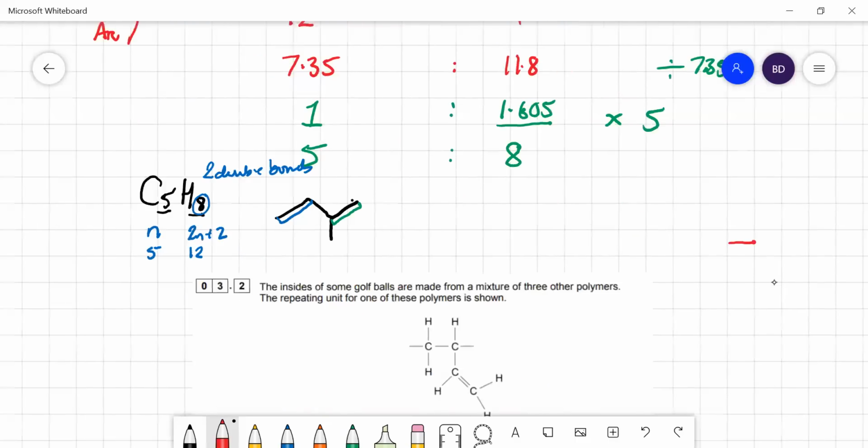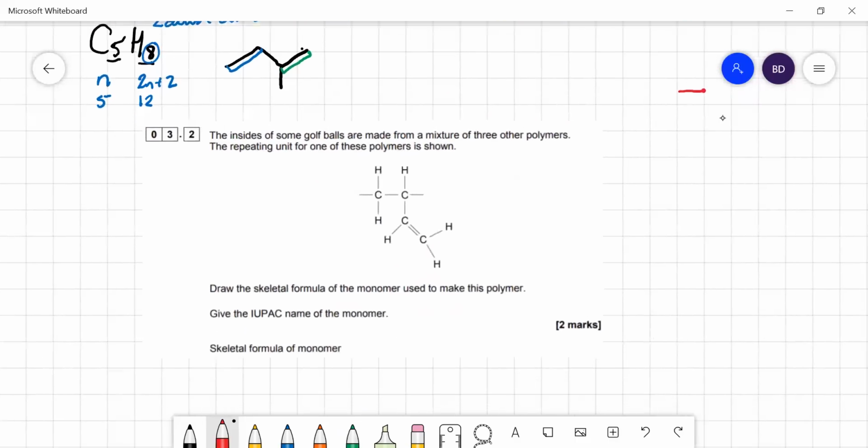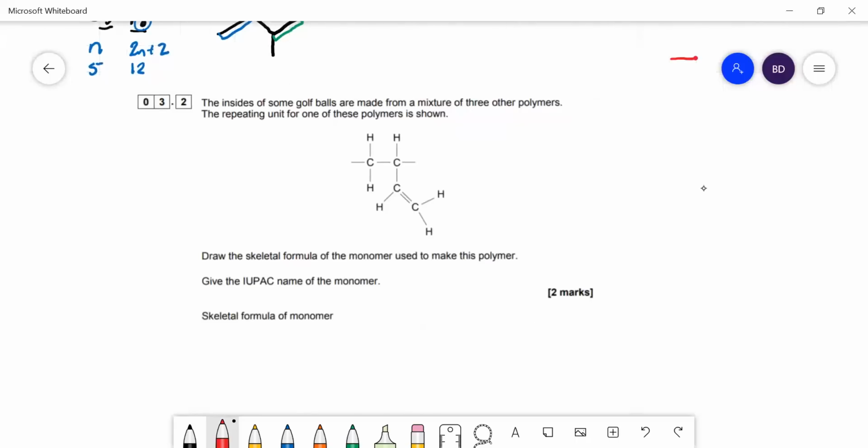Okay, so it carries on talking about polymers. The insides of the golf balls are made from a mixture of 3 other polymers. The repeating unit for one of these is shown. Draw the skeletal formula of the monomer. Now, how do these monomers polymerize? Well, what happens is you get another one. I'll draw it next door to it here. So that would be like that. And then you'd have the,